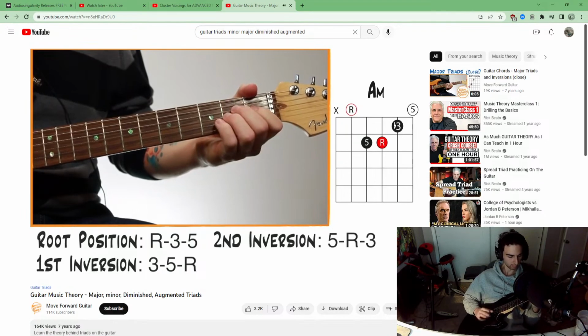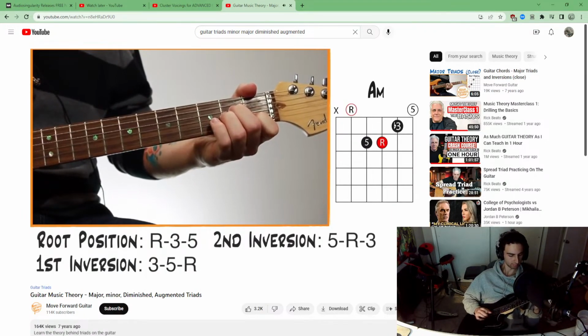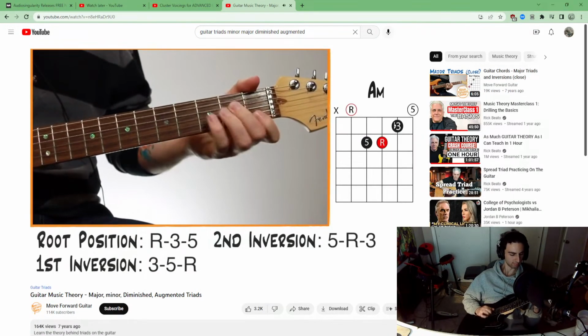3, and then the 5th root. So it doesn't matter what order the chords are in, you're still going to need a 7th chord. But when you're talking about